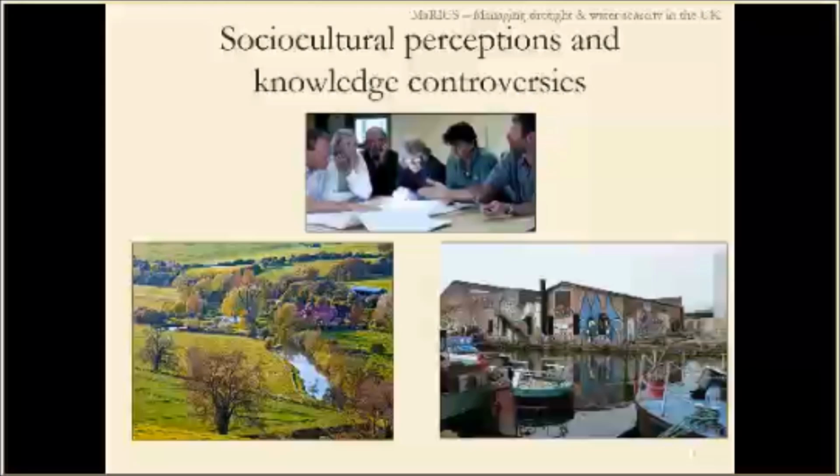It brings together members of the local publics along with some of the natural and social scientists from the MaRIUS project, in a collaborative group that meets over the course of the year, like I said. So one of the fundamental starting points for the group is that this is not about transferring expert knowledge to local people in hopes of changing their behavior or educating them in some way per se. And it's also not about extracting local knowledge and trying to incorporate it into drought management or something per se.